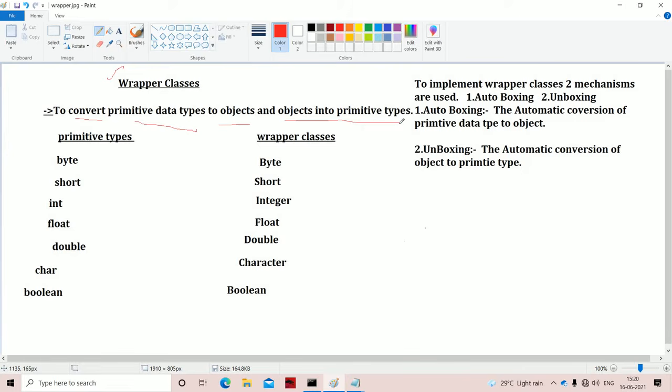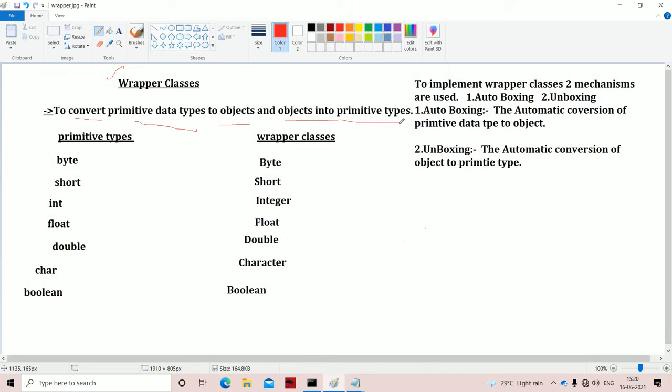We know that Java is an object-oriented programming language, but Java is not 100% object-oriented. Why? Because if we consider primitive data types, we mainly have 8 data types: byte, short, int, long, float, char, boolean.